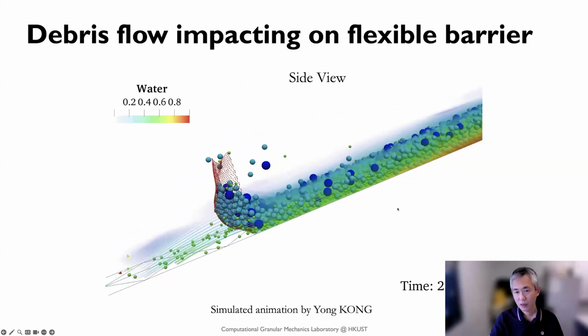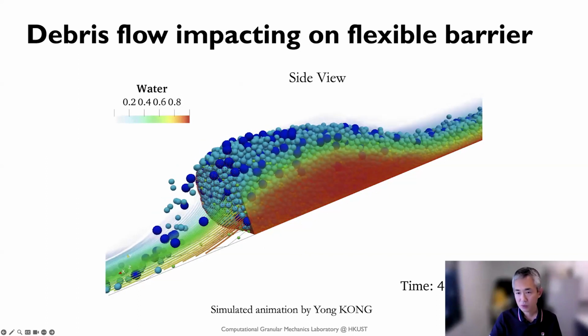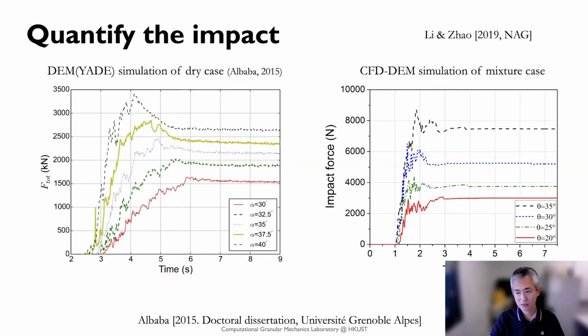So that is the simulation we can show here. And then we could also do quantitative analysis here. For example, here we can compare the total impact force between the pure dry DEM simulations and our coupled CFD-DEM simulations, to see the benchmarks and what a debris flow will cause. As you can tell, there, at similar levels and